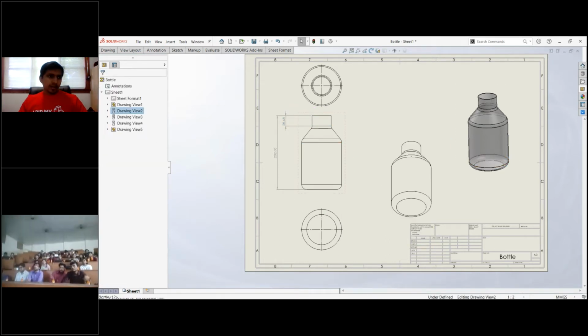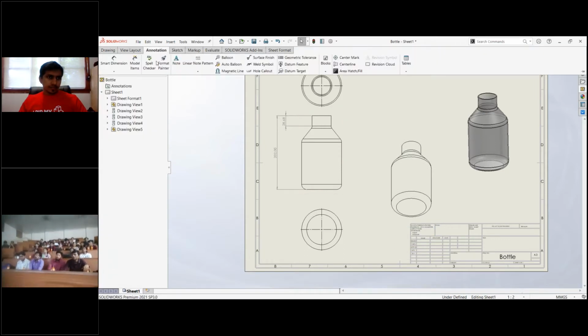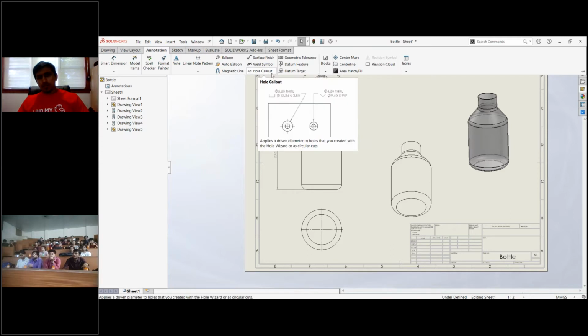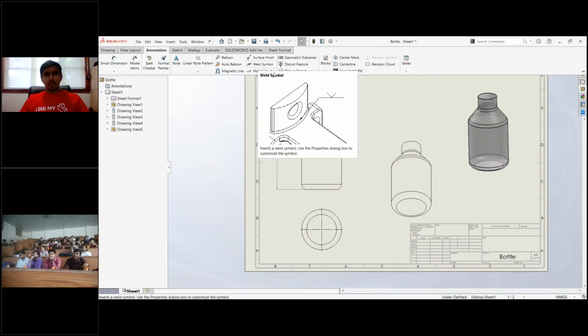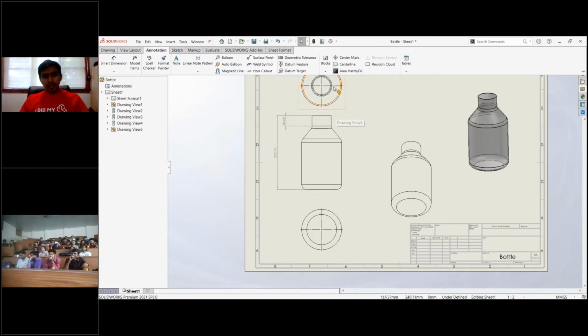We can create balloons, and if there's too much assembly in the drawing, we can create the bill of material and drawing from the parts, so we can easily understand the design and represent it to the manufacturer or to the companies for better understanding.